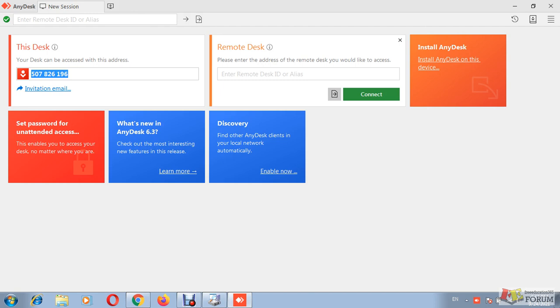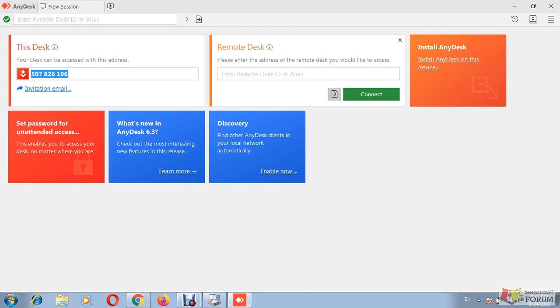Actually, we didn't install this yet, we just ran it. In this run mode, normally people can also connect to your computer, but if someone wants administrator rights for activities like installing software, you have to have this software installed on your computer. Otherwise he is asking you to enter your password and those kinds of things. So it's better to install AnyDesk on your computer first.